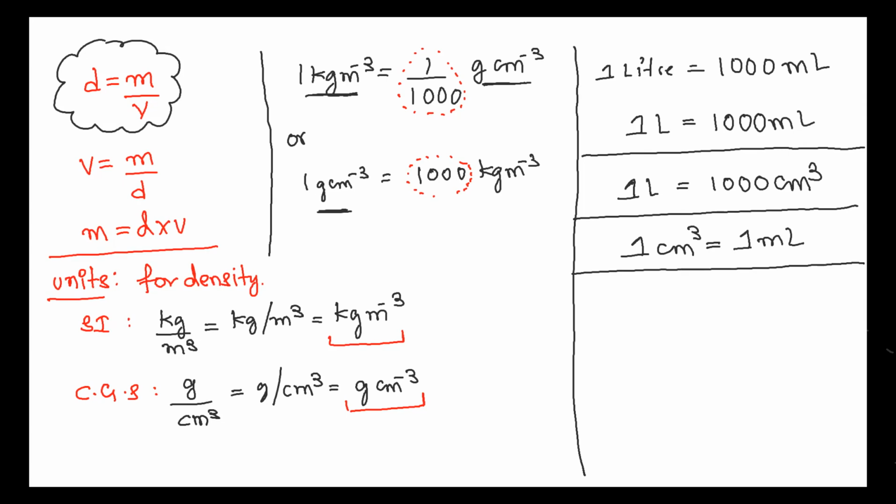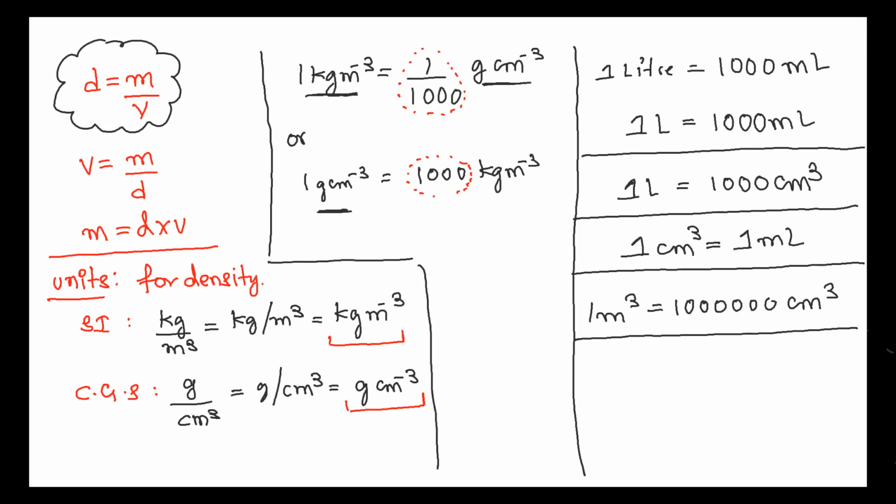And one more thing which we had asked you to remember is that 1 meter cube is actually equal to 1, 2, 3, 4, 5, 6 zeros centimeter cube. Volume and density is the formula. Fine. Then this, then this, then this. And another thing which I had asked you to remember is